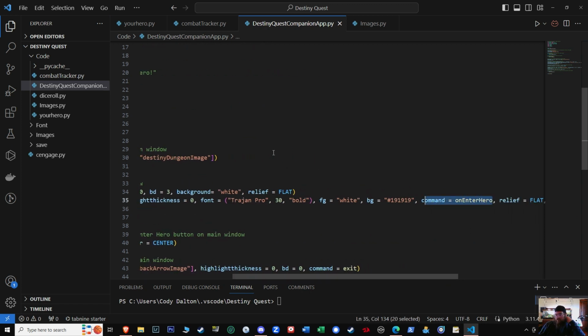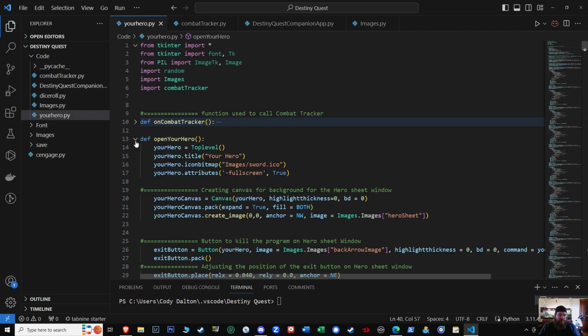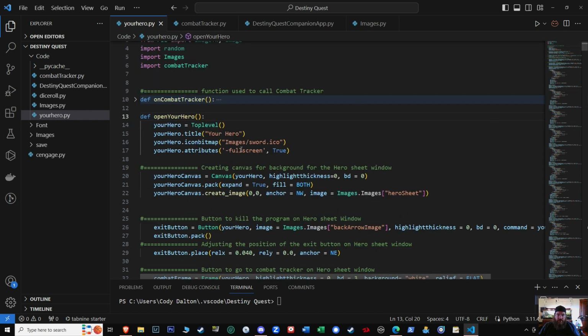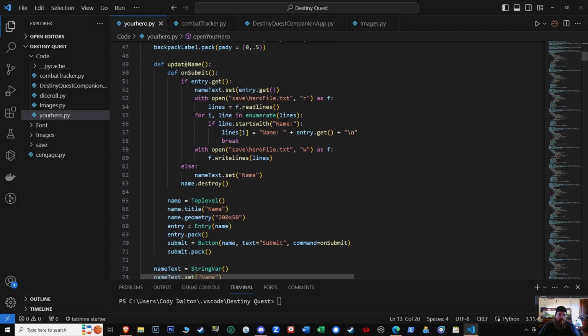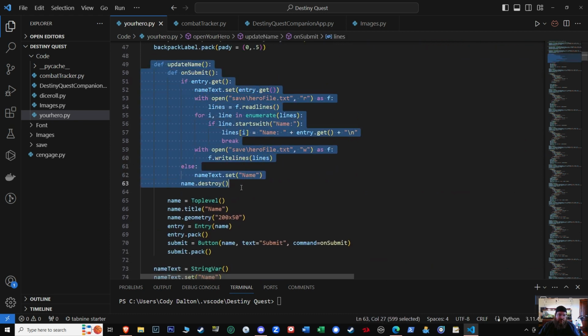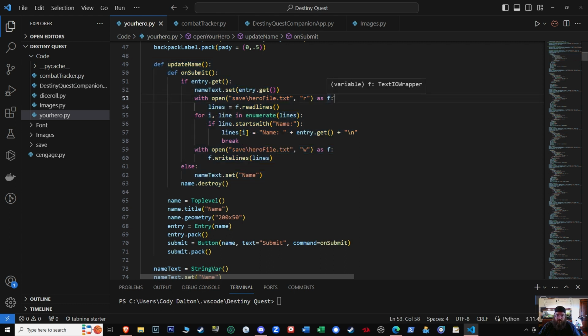here, the command is on enter hero. It runs this right here. So a lot of this code right here underneath open hero is the same. So we'll just kind of go over a little bit of it. So this set of loops here, when you enter in something into one of the boxes, it will check to see if you entered in a word, and if you didn't enter in a word, it goes back to, for example, this one goes back to name, but it will also save what you